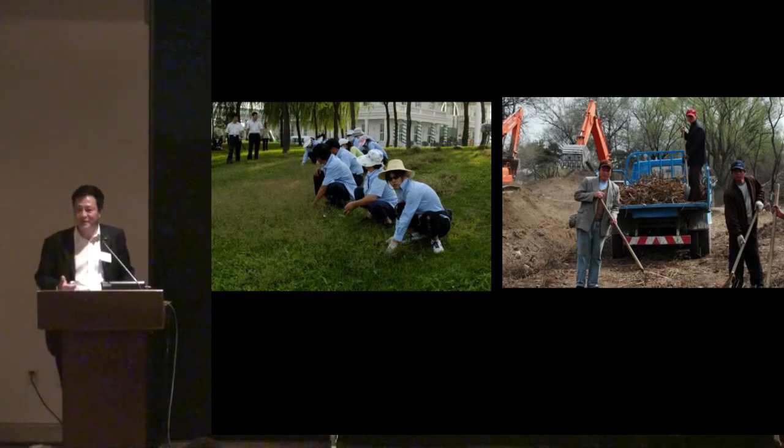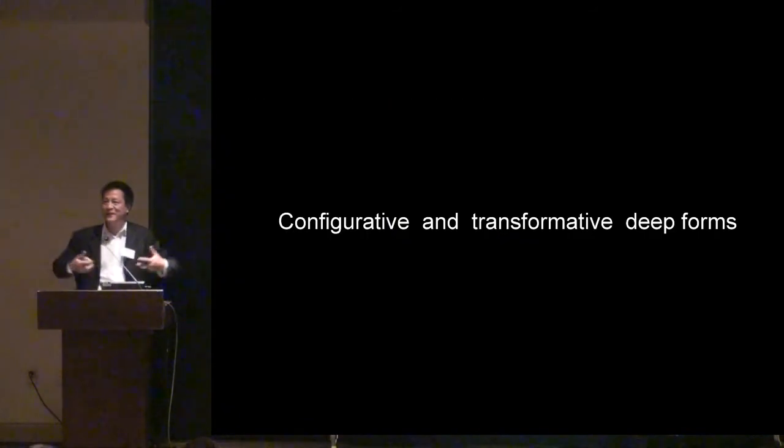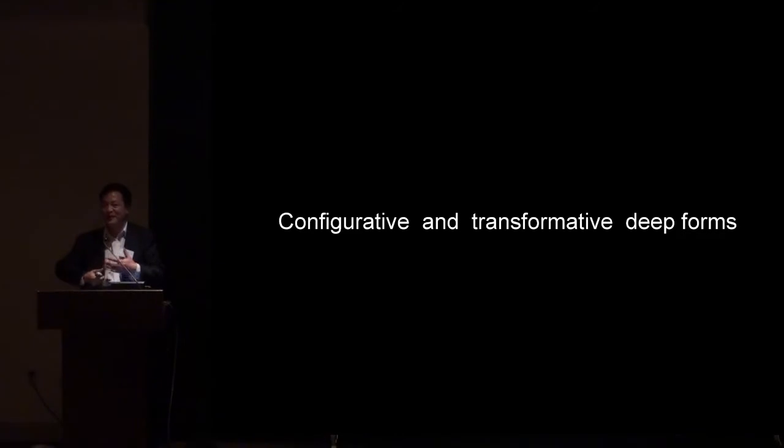One is configurative. The other is informative. As you know, configurative is about a relationship. They do not overlap; it's a relationship. For a long time, people have already tried to find this kind of relationship, this deep form, between man and